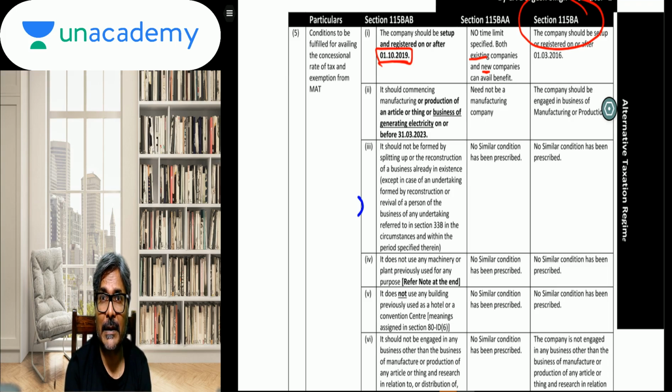And it will definitely catch the attention of all the manufacturers, majorly the existing ones, who are paying the tax at say 30%. So suddenly everyone will get excited to rally behind this section, the manufacturing business. So those who already have a business in existence, before 1st of October 2019, what they may try to do is carve out of their existing manufacturing setup and take a new factory.